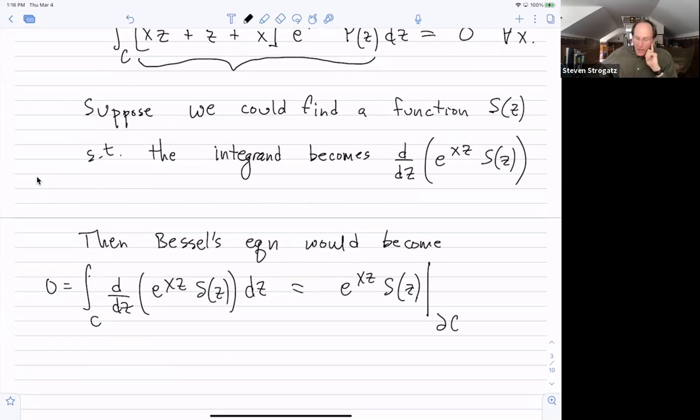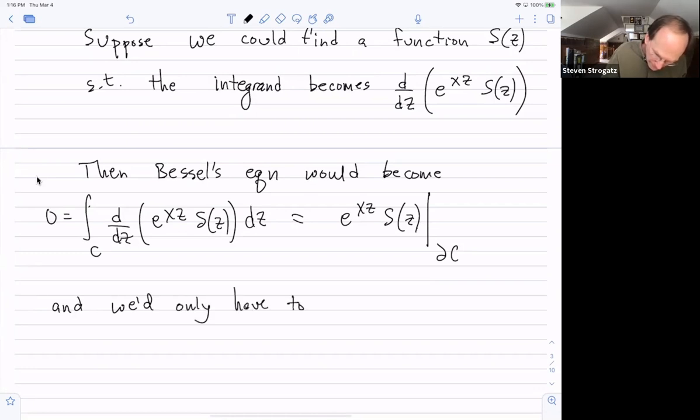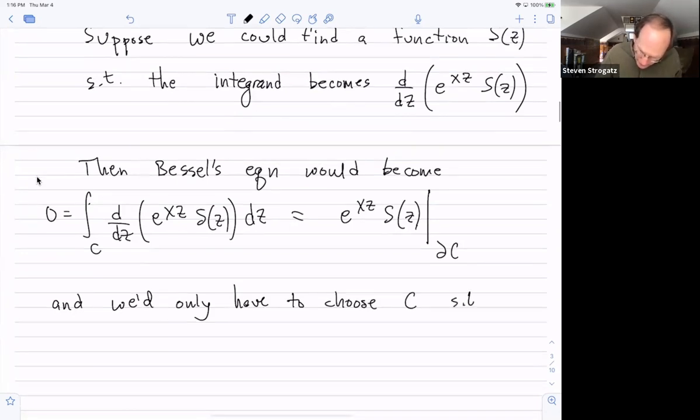And so now, could I make that be 0? If we could choose a C such that this holds,